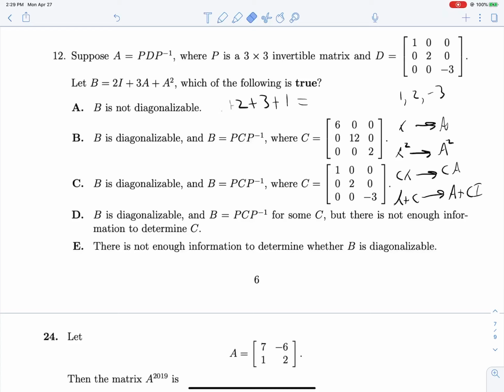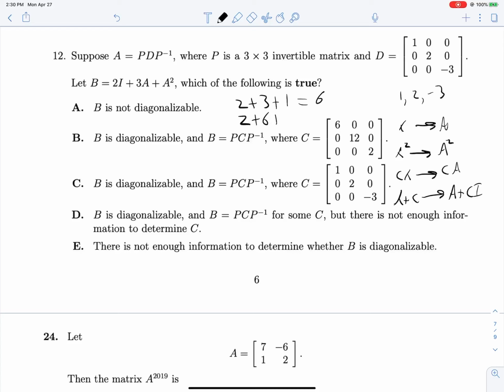Yeah, no, I can't. We don't add that there. 2 plus 3 plus 1. 2 plus 3 plus 1 is 6. Whoops. Okay, so next one, for 2, we will have 2 still coming from that 2i,